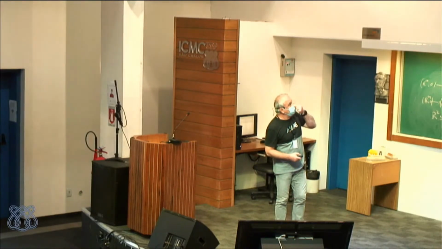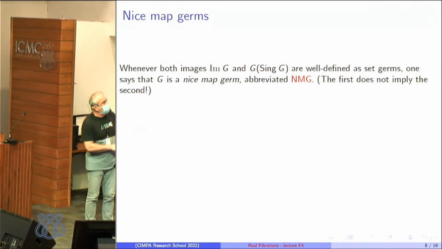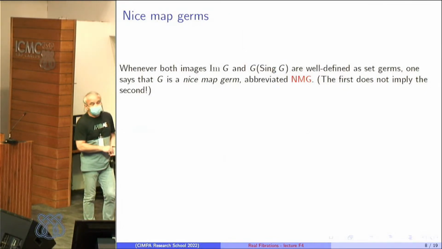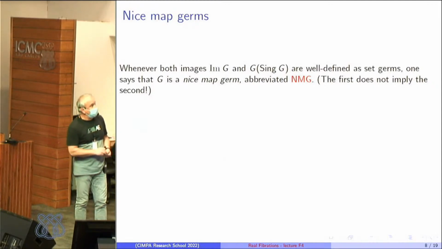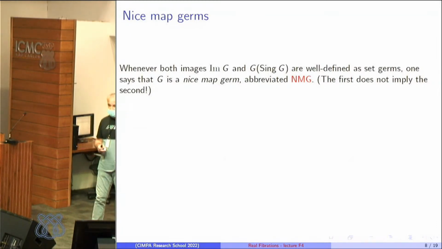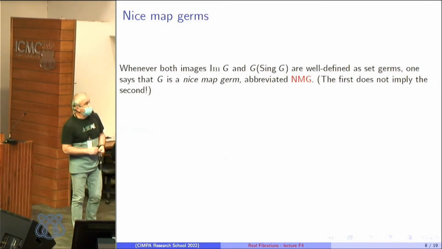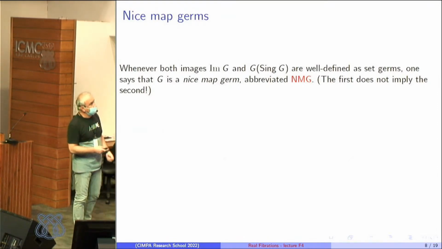we have the following definition. So we say that a map is a nice map germ, and we abbreviate it NMG, if both the image and the image of the singular locus, the discriminant set, are well defined as germs. Yeah, so NMG stands for this type of stuff. And to have a cluster of examples